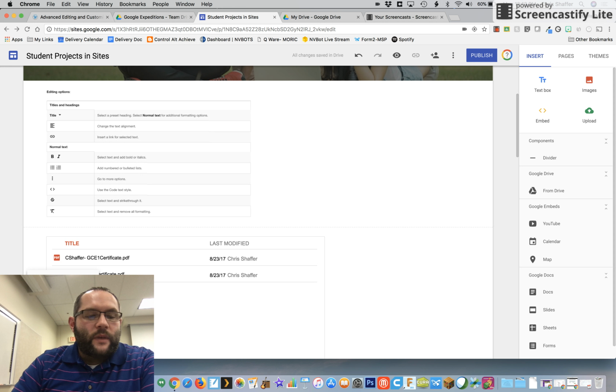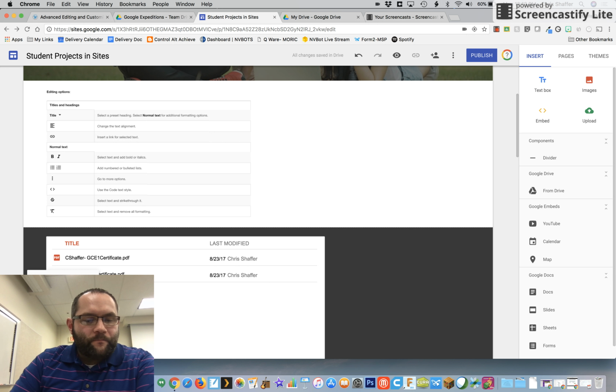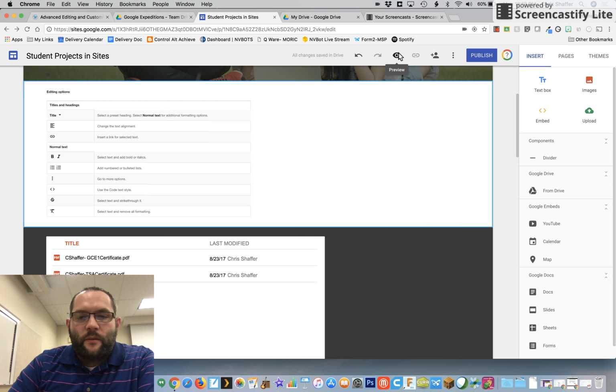So they have the regular, which is just white. In this template, emphasis 1 is just a light gray, and emphasis 2 is like a darker charcoal style color. So I'm going to select that. You can also do an image background. And with the image background, it lets you choose from your own images, and it also lets you do an image search to add an image in the background of that section of your site. Once I've added that, if I preview my site,